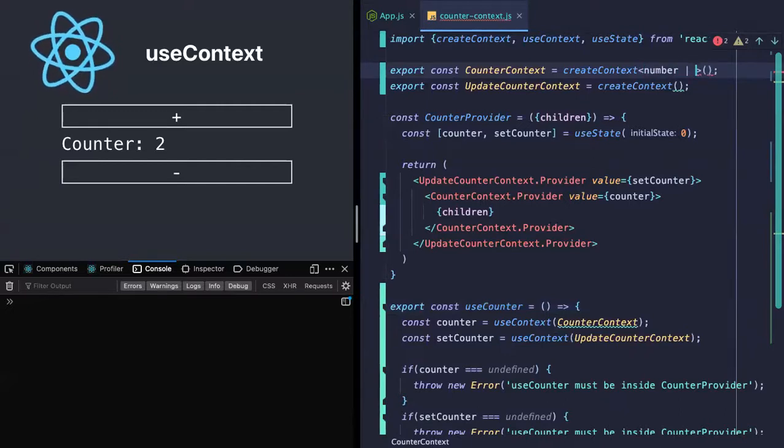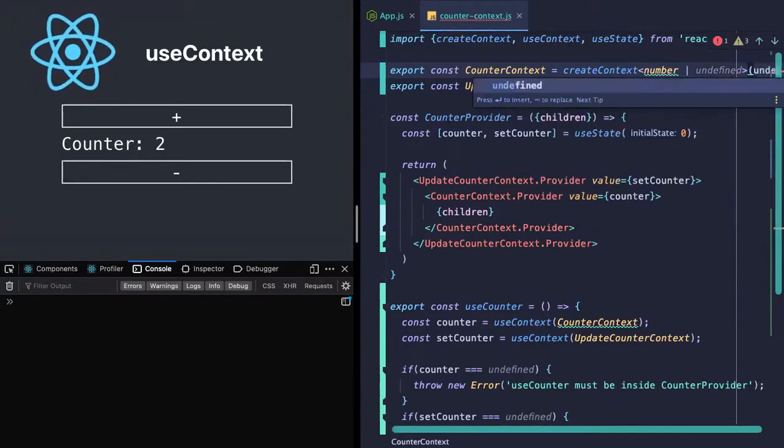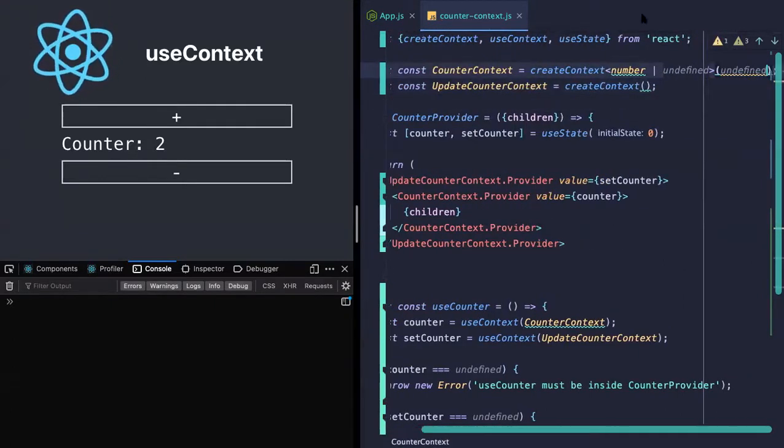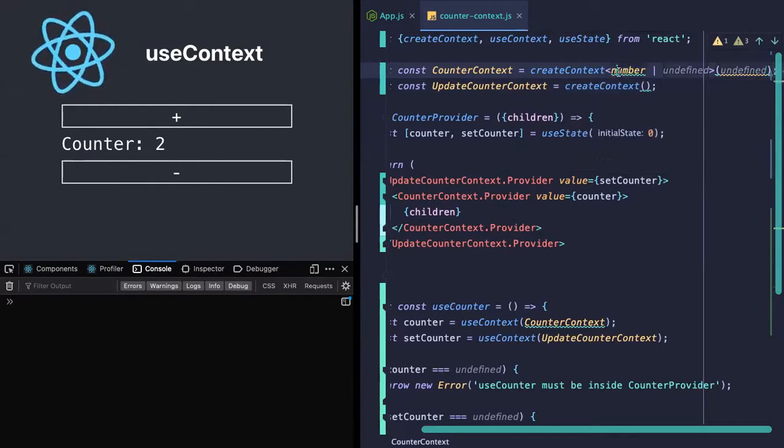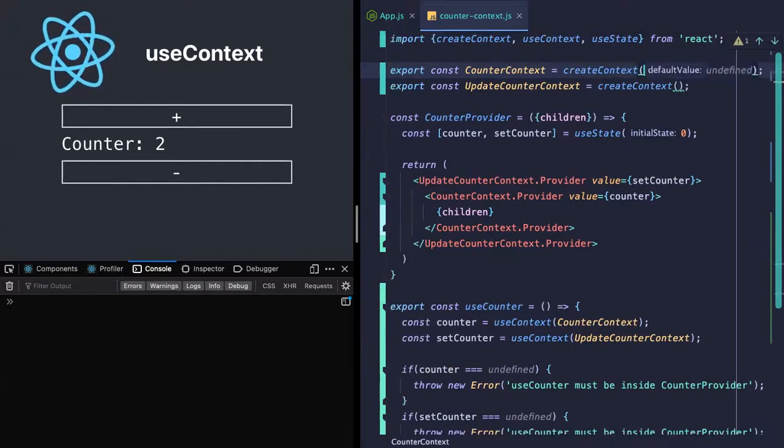Here it would be a number or undefined. So that way we'll get rid of this particular error here. I'll say undefined here. So yeah, this is not working, as in we are not in Flow or TypeScript. We can get rid of this particular warning. Okay, but yeah, this is one simplification that we can do.